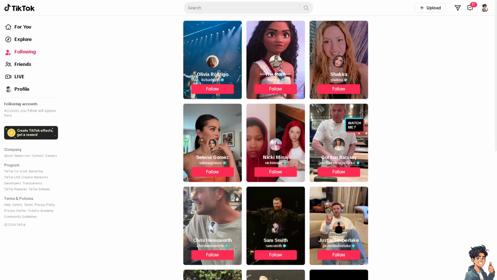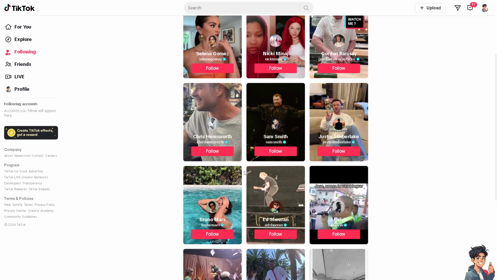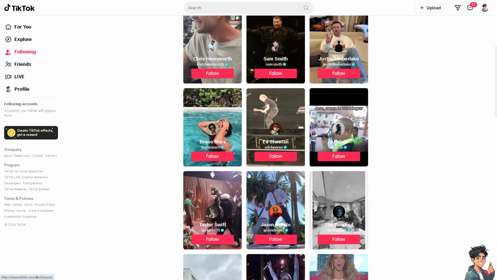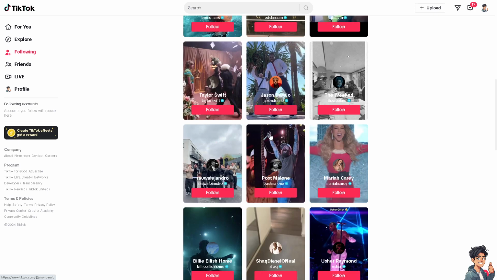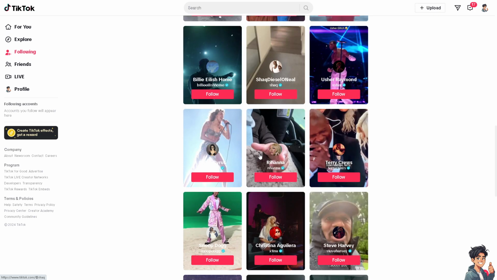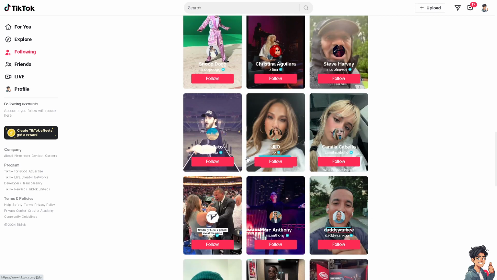A live subscription feature would enable TikTok creators to earn money directly from their fans. Subscribers could pay a monthly fee to access exclusive content, special perks, or simply to support their favorite creators. Subscribers might feel a stronger connection to creators they support financially, leading to increased engagement during live streams. And of course, this could result in longer watch times, more comments, and higher participation in interactive features like